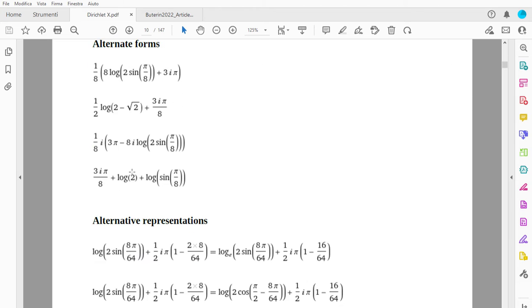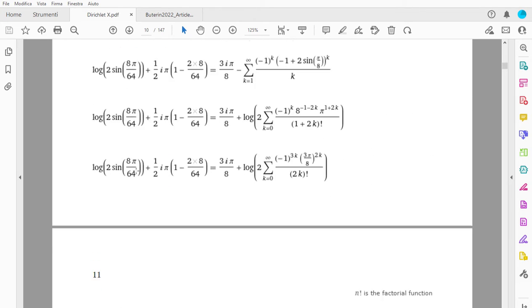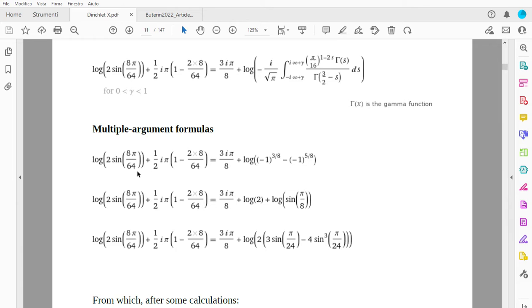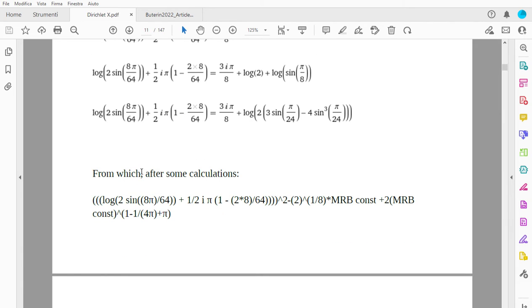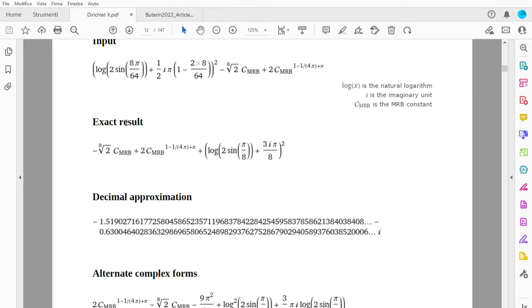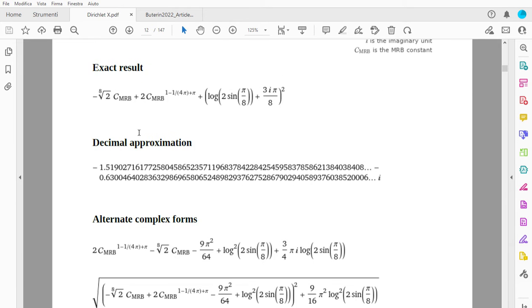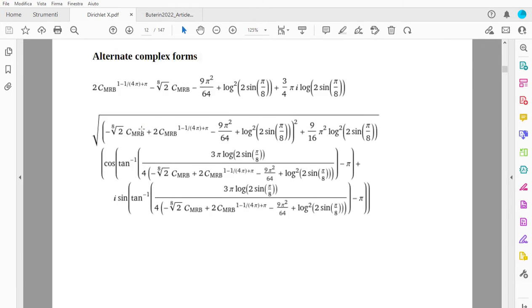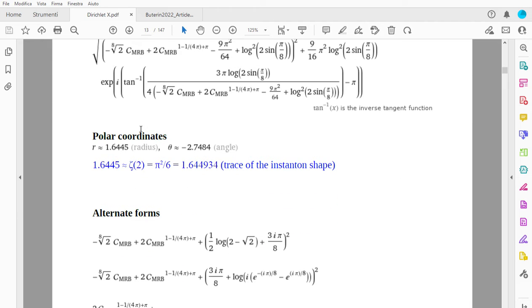Again, alternate forms, alternative representation, and so. From which, then, from the last expression, after some calculation, we obtain this other result, that in polar coordinates